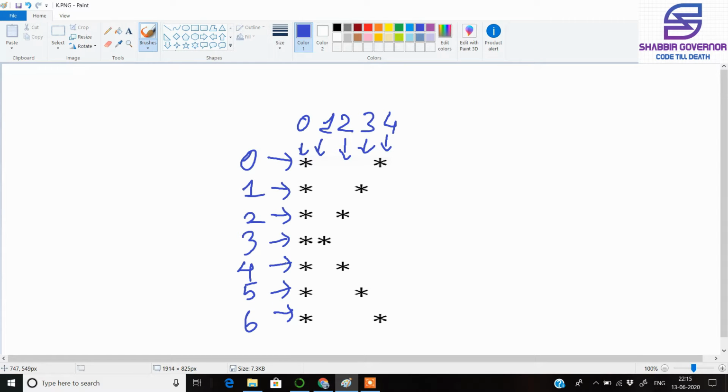So as you can see here, this K is made up of 5 columns and 7 rows, but for considering in the for loop we will consider it as 7 comma 7, or else you can also consider it as 5 comma 7. It doesn't matter because you can see here directly that in column 0 we have stars and we can simply put in a condition for these stars, but we need stars at these locations.